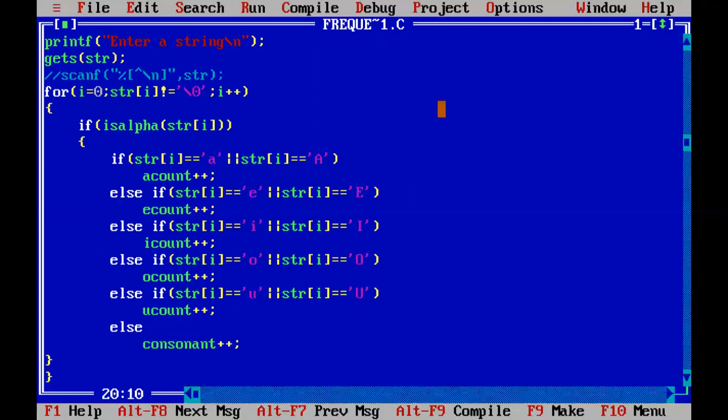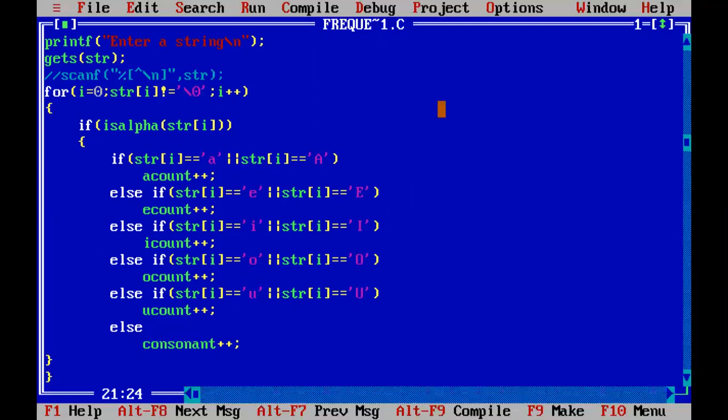In the else part, the character is not a. Then you have to check whether it is e or not. So we have one more condition now. In the else part, I am writing else if the particular character str of i is equal to small e or capital E. If that is the case, I am incrementing e count by 1.